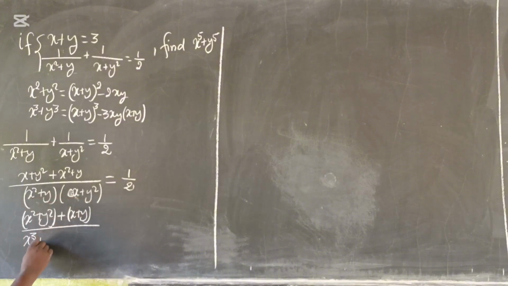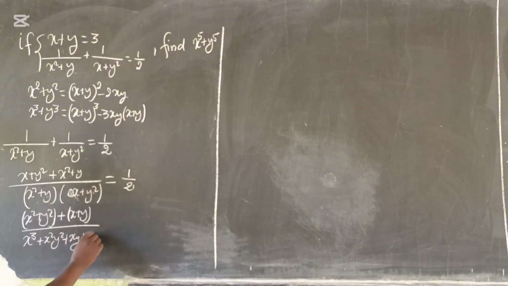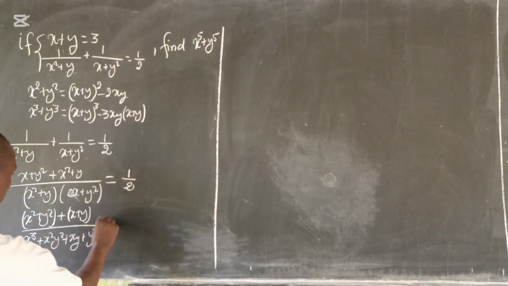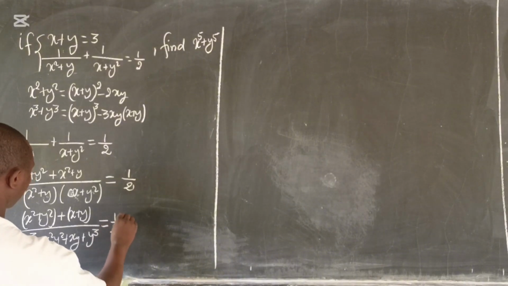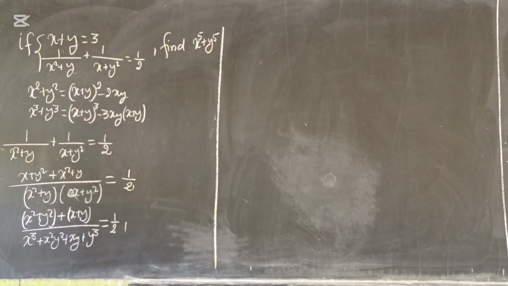This times this is x squared y squared, plus this times this is xy or yx, plus this times this, which is y power 3. And this goes to a half. It's clear here that,